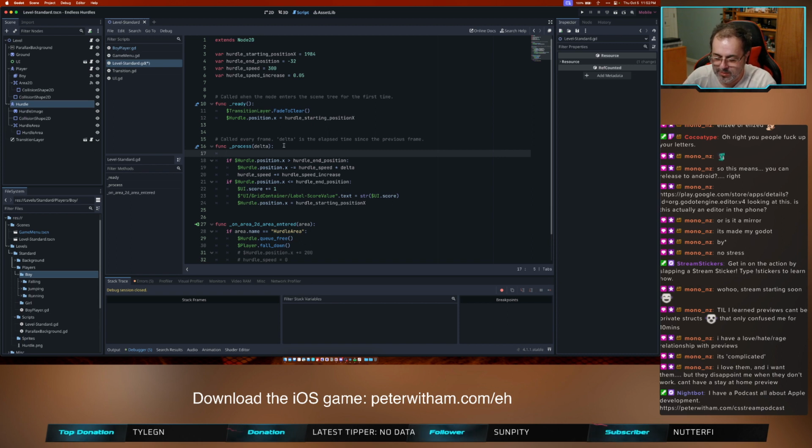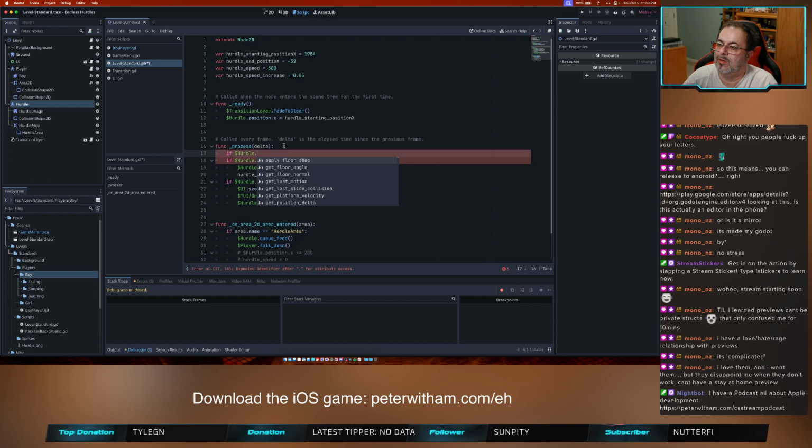Anyway, there's no business for that script to really be on the level here, so we'll refactor that later. But if $hurdle is there and exists, node